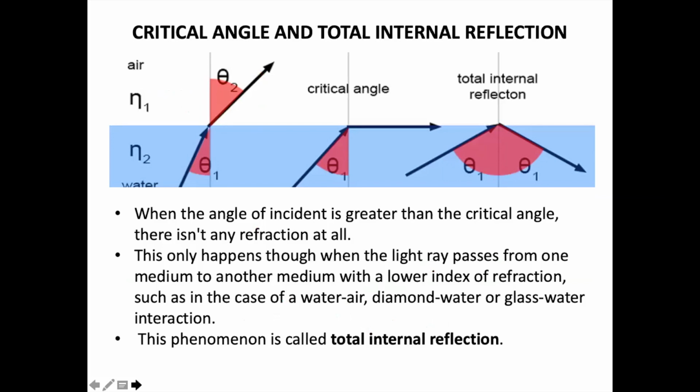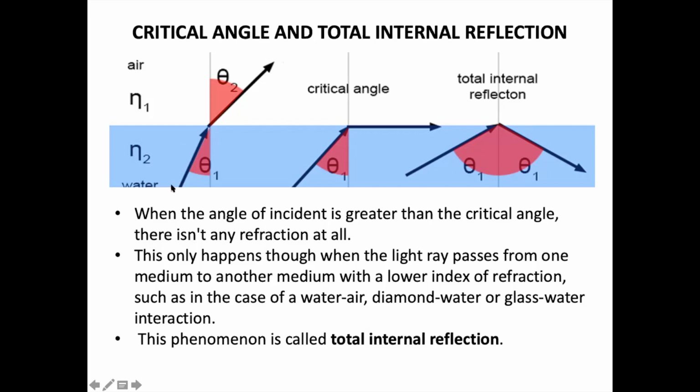Now we will learn about the topic called total internal reflection. It is a phenomenon that takes place because of reflection and refraction. It always takes place when a ray of light goes from a denser medium to a rarer medium. So rule number 1, remember, whenever we are talking about total internal reflection, the ray of light goes from a denser medium towards a rarer medium. So water is a denser medium, air is a rarer medium.